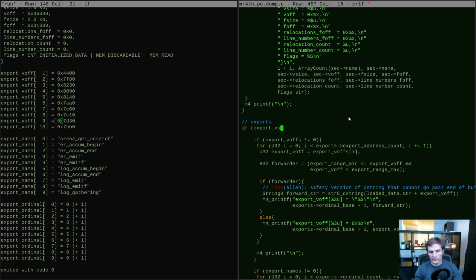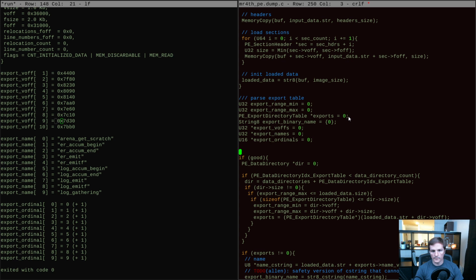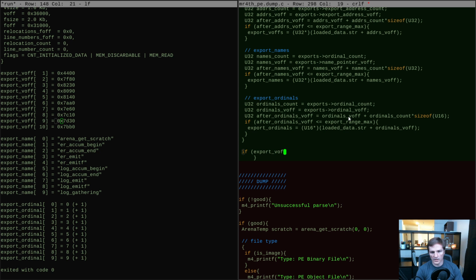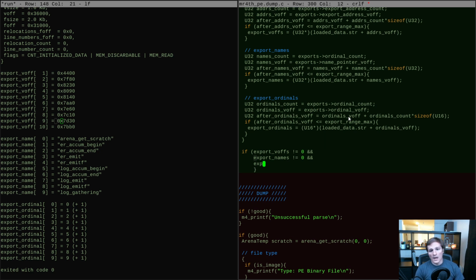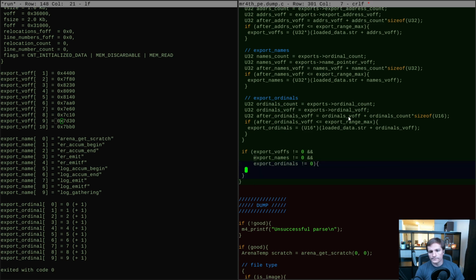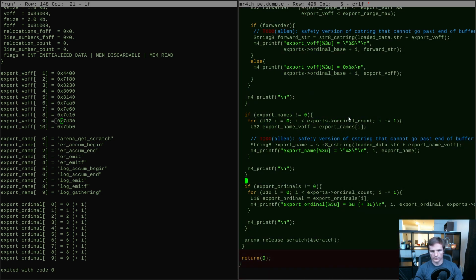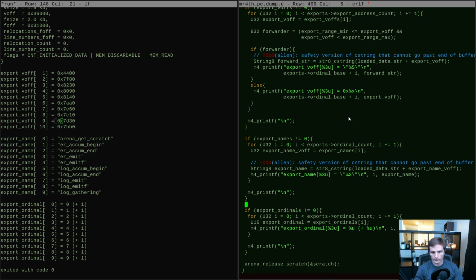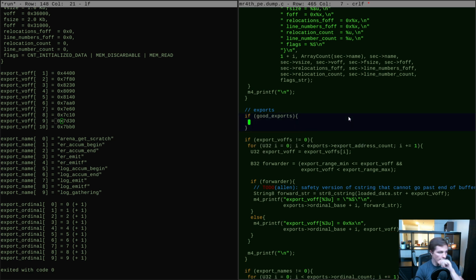If export voffs, hold on, let's do one other thing here. We try to get all of them, and then at the end we're going to say b32 good exports equals 0. If we go this far, if export voffs does not equal 0 and export names does not equal 0 and export ordinals does not equal 0, then good exports equals 1. And so if we want to print our exports, if good exports, then